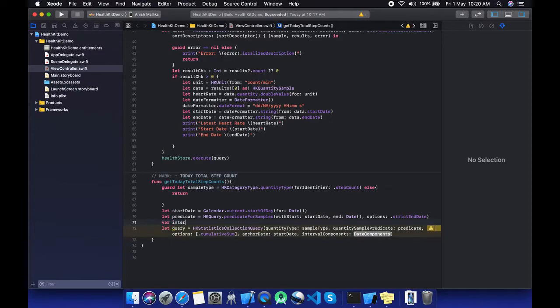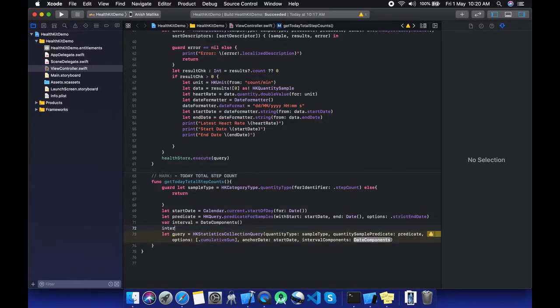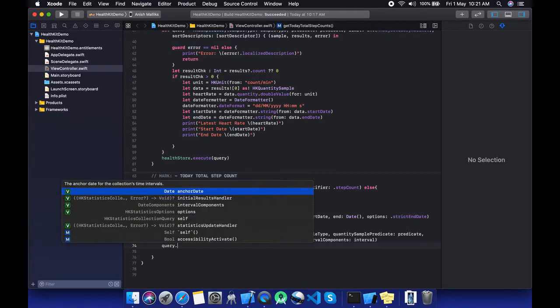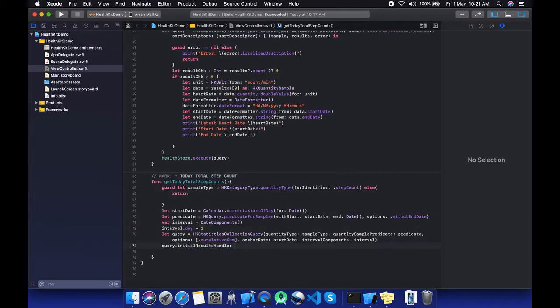So let's define the interval. One day, and put it over here. Now let's make a handler. There is already an initial results handler.